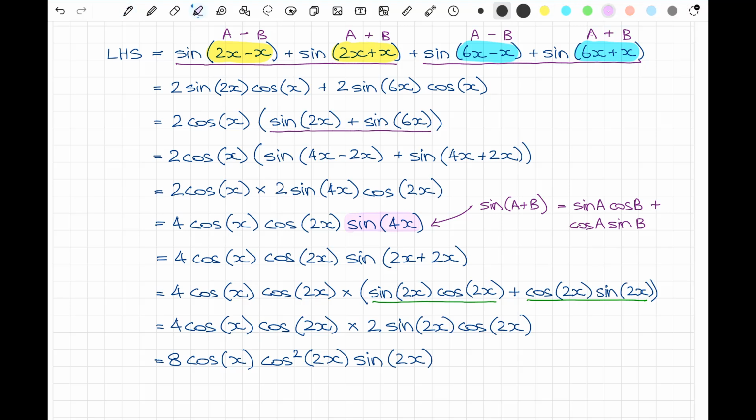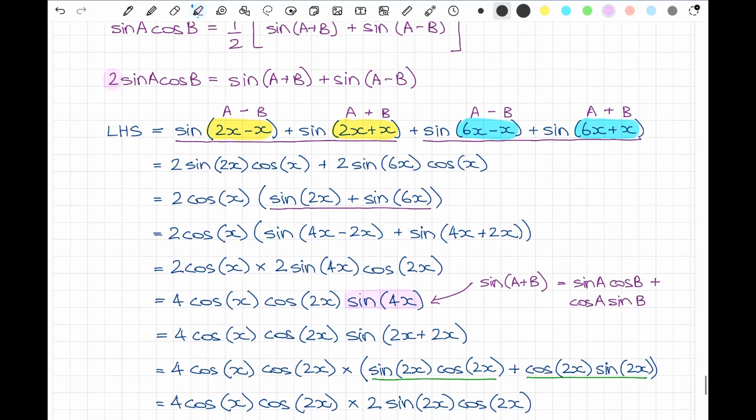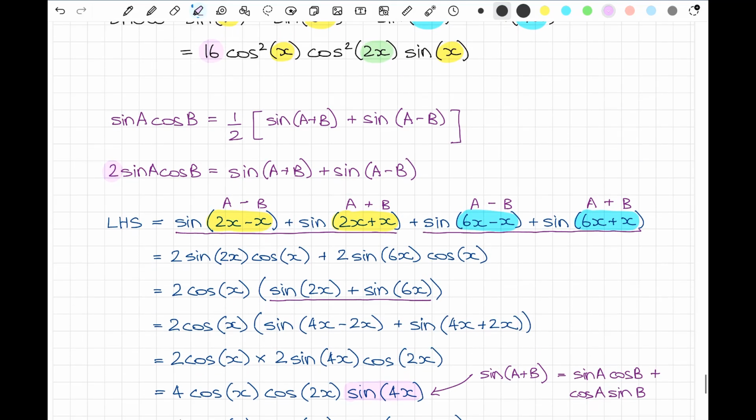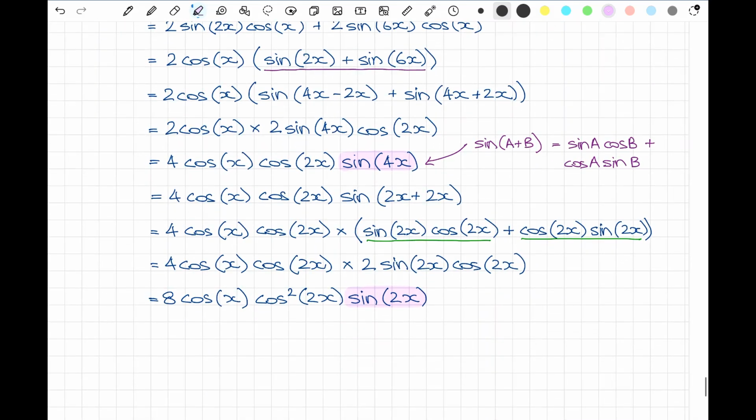I can do that again over the sine of 2x, because again, our result needs sine of just x, not 2x. So I can think of 2x as x plus x. So I can say this is 8 cos of x cos squared of 2x times the sine of x plus x,